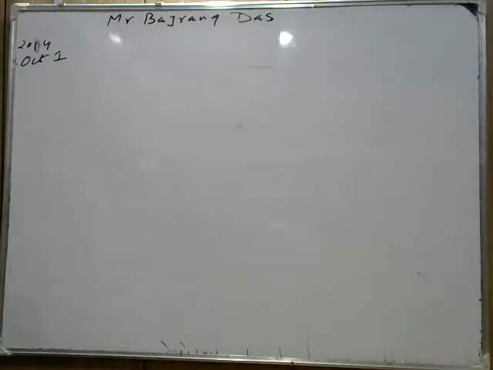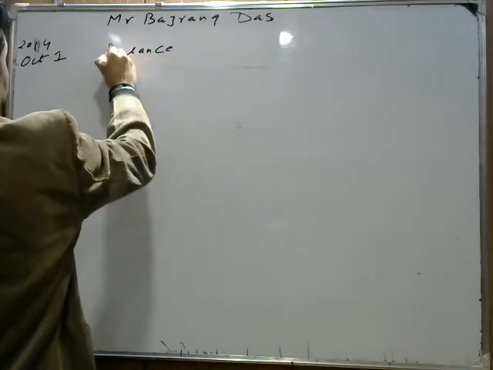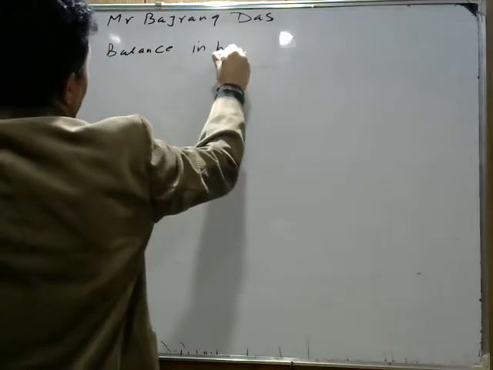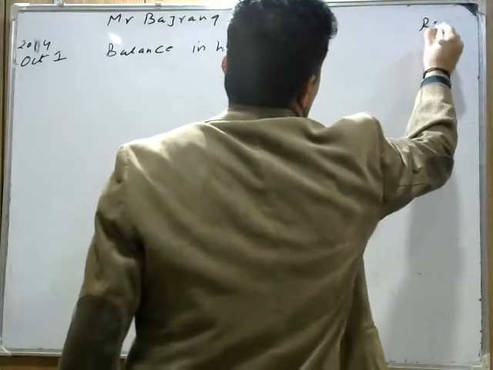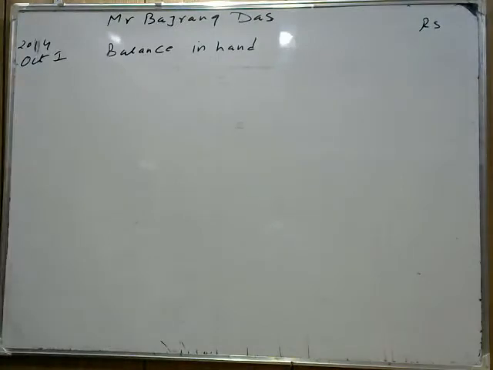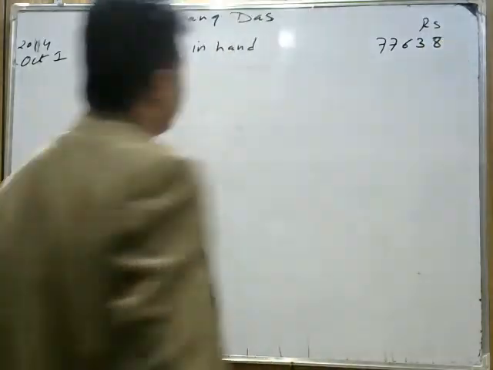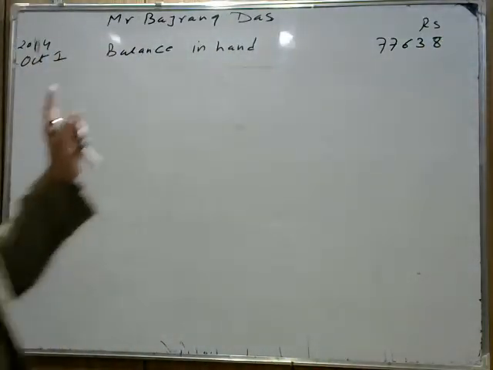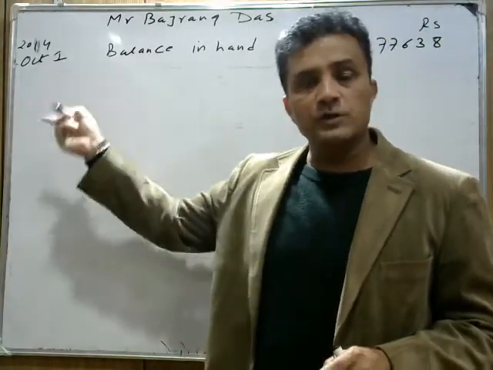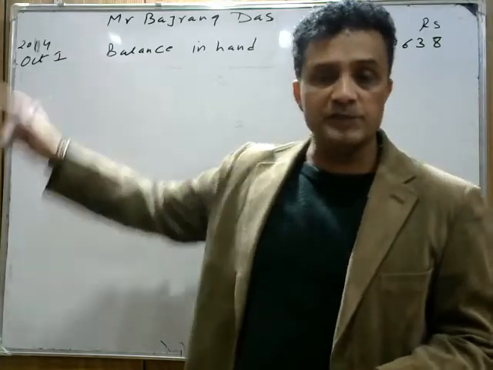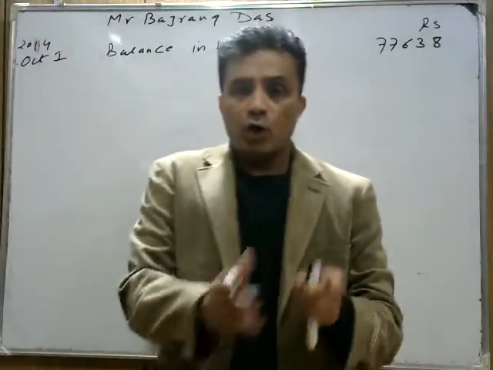They say that you have balance in hand. Means what is the closing of September? We write balance in hand. How much balance do you have in your hand? It's rupees, here I'm making the column of rupees. It's 77,638. It means it's a balance you have. I hope you understand this thing. What is the balance? It's the closing balance of September 30th. So the closing of September 30th is the opening for October 1st. So you have a positive balance. You have that much amount of rupees on October 1st.